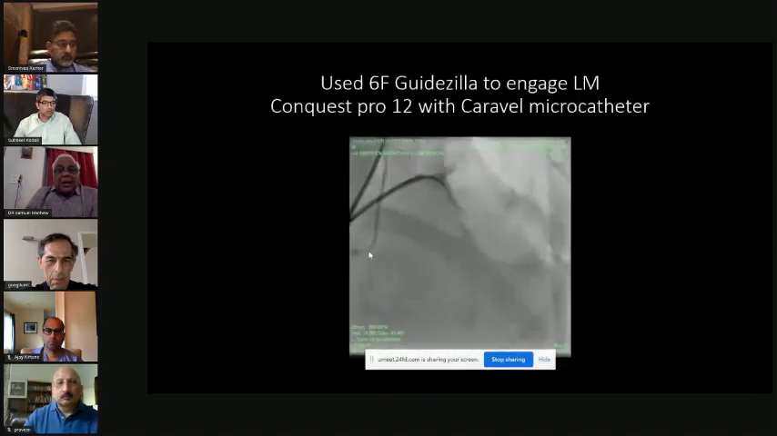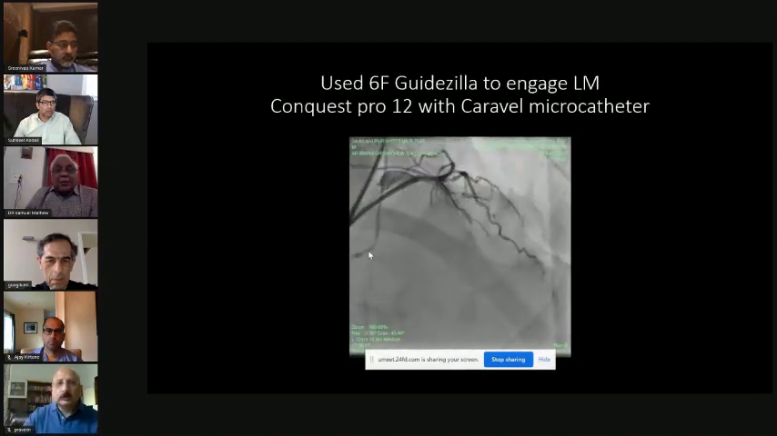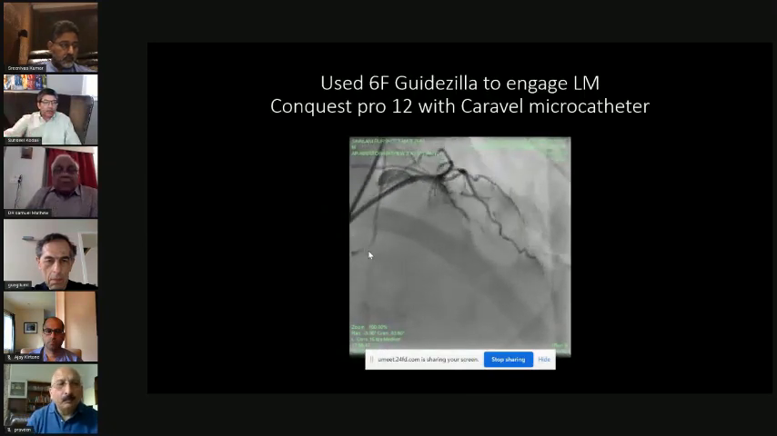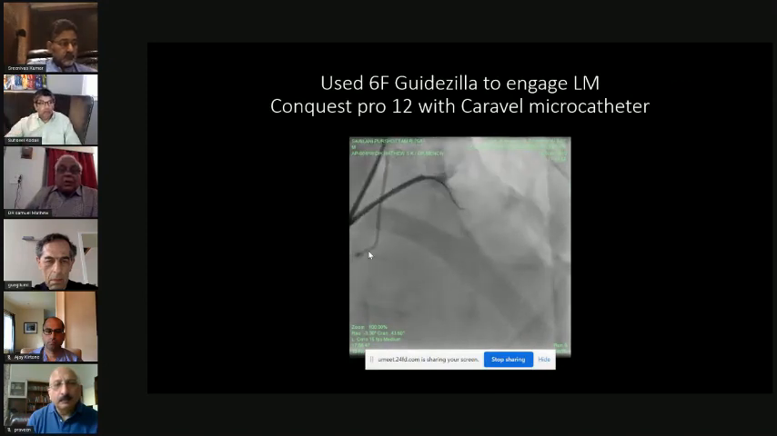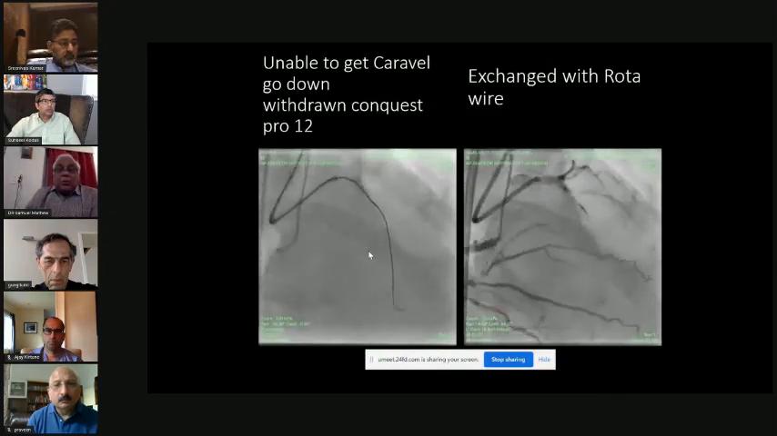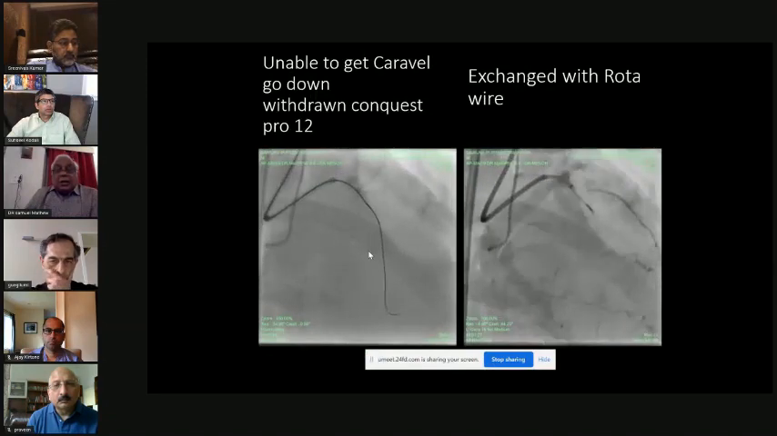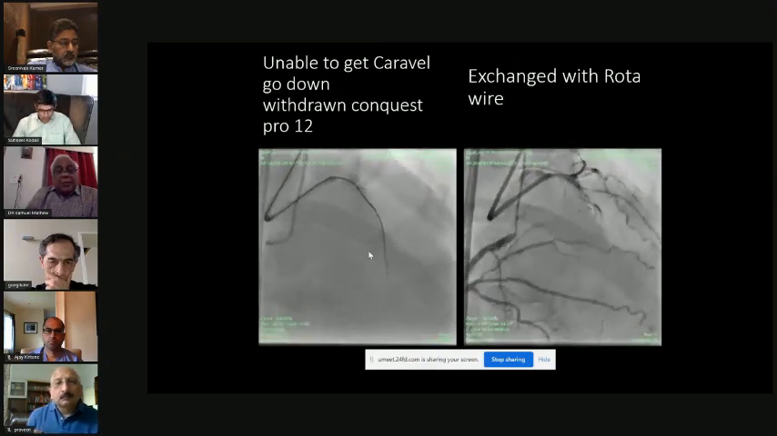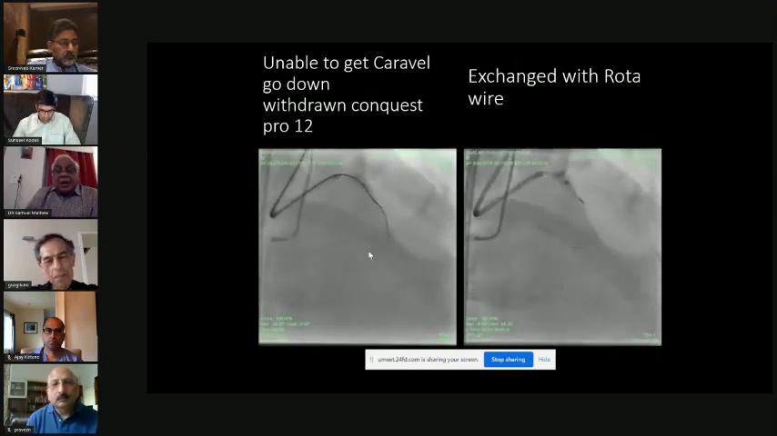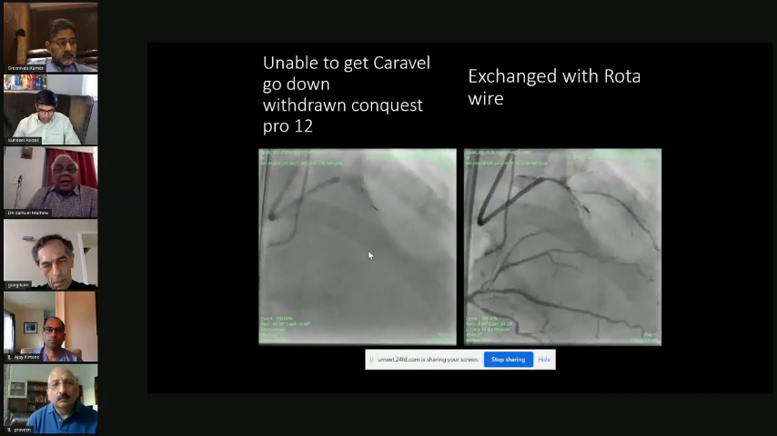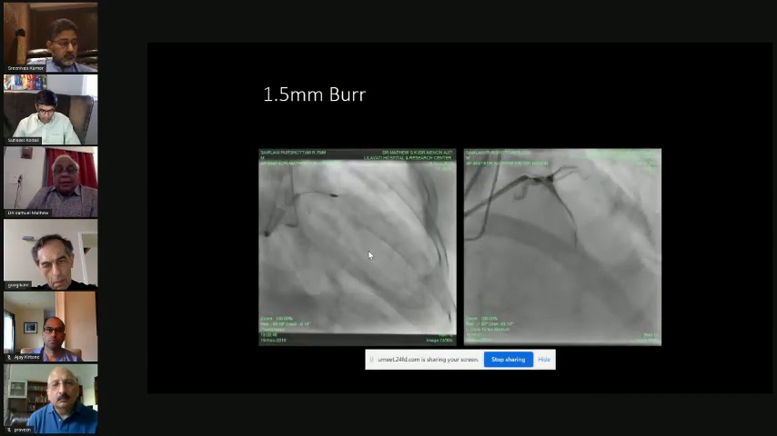We tried to engage, but the guide wouldn't engage. We got a GuideLiner to engage the left main, and you can see we are trying to get a wire across. The only wire which would cross the lesion was the Confianza Pro 12, but no balloons, no other devices would get across the distal calcification. We pulled the wire out and replaced it with the Rota wire. We managed to get the wire down into the distal part of the LAD